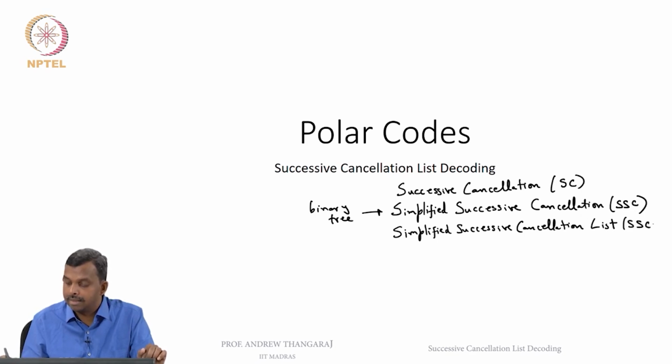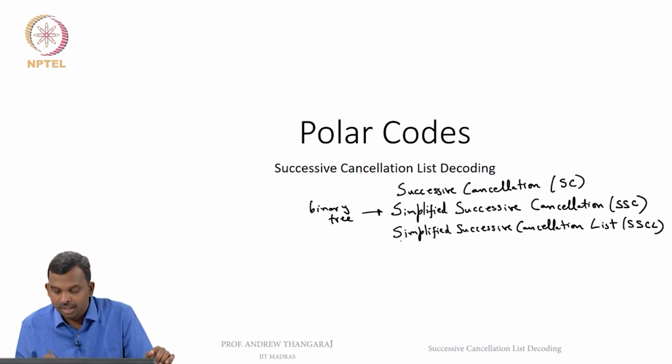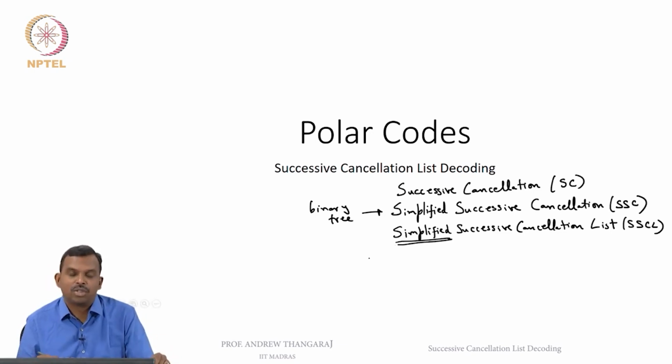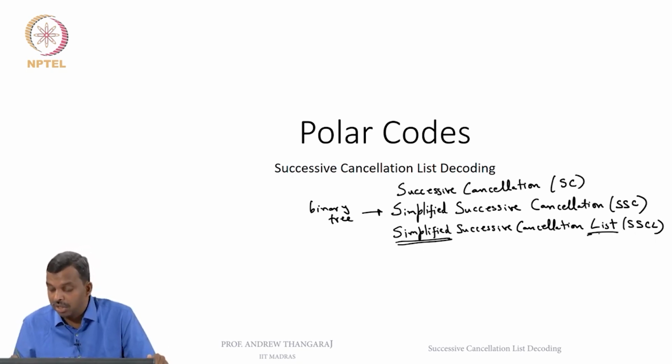Which is SSCL. Okay. So, I am simply calling it successive cancellation list decoding. The word simplified more or less just refers to the fact that you are using the binary tree and the language of tree traversal to describe successive cancellation decoding, but list is new. Okay. So, what is this list decoding? What does it do? And how it works in the context of polar codes is what we will primarily describe